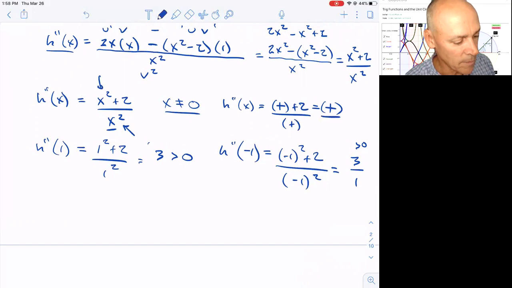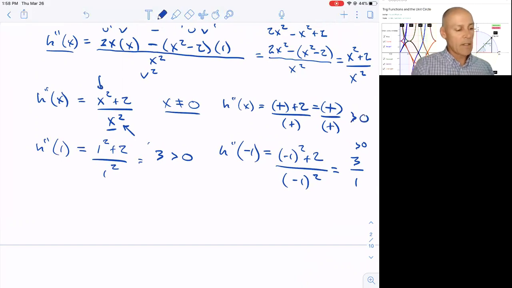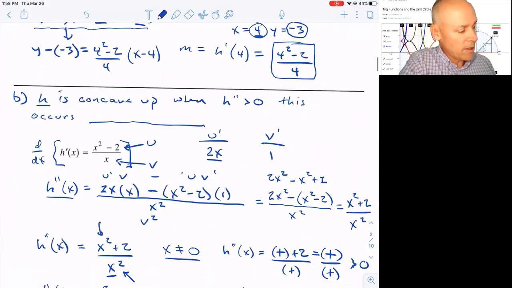So we get a positive over a positive, which is always going to give us a positive value. So really what that tells us is what? Go back up here, we'll say that h is concave up when h double prime is positive, and this occurs really,